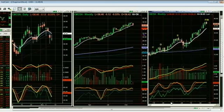Then I'd be in the camp that says that not only could that be a potential hat-trick top, but at least I know that the daily and the weekly charts are giving really good, strong sell signals. So I would do this. You've got a great short position right now. If it's your initial short position and you're thinking of adding to it, I'd have a little patience to see